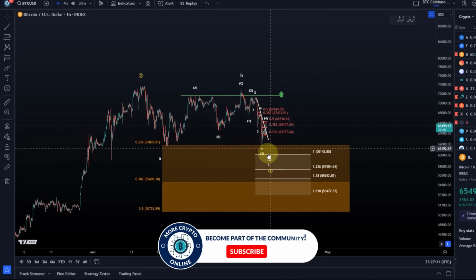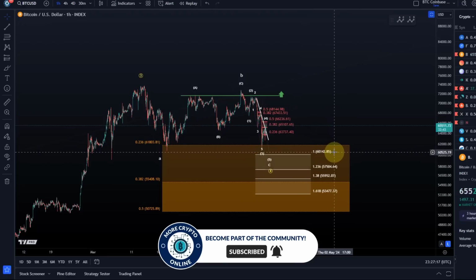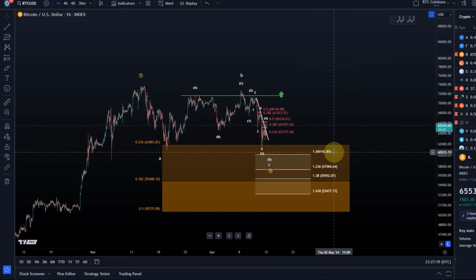The idea is still that a fifth wave to the upside should send us to 90k or more. So I'm not bearish on Bitcoin at all, as you know. This is still a bullish chart. And Bitcoin also really hasn't done anything unusual over the last few days. We've seen